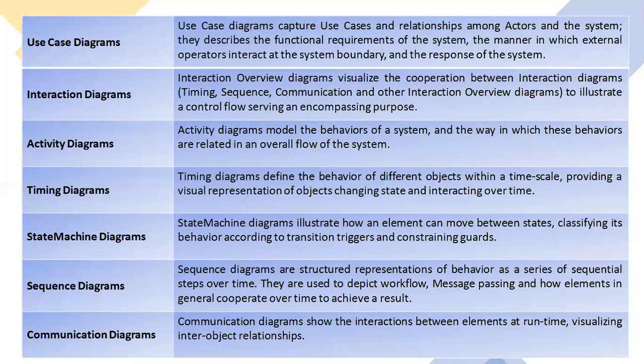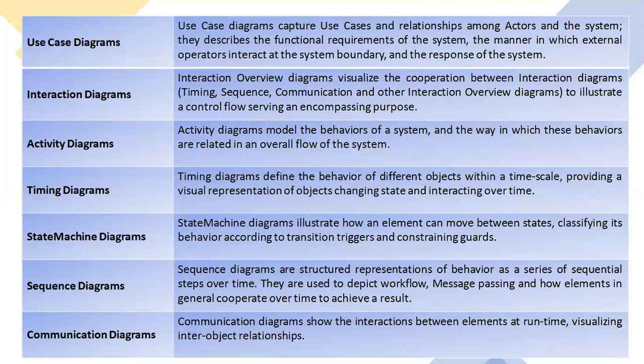And coming to the sixth one, that is sequence diagrams. We have already discussed these sequence diagrams. Sequence diagrams are interaction diagrams that illustrate the ordering of messages according to time. These diagrams are in the form of two-dimensional charts. The objects that indicate the interactions are placed on the x-axis, and the messages that these objects send and receive are placed on the y-axis in the order of increasing time from top to bottom.